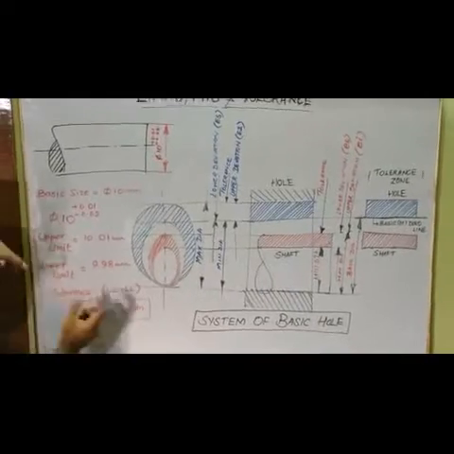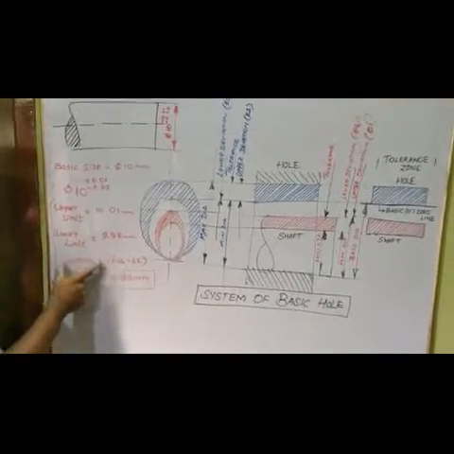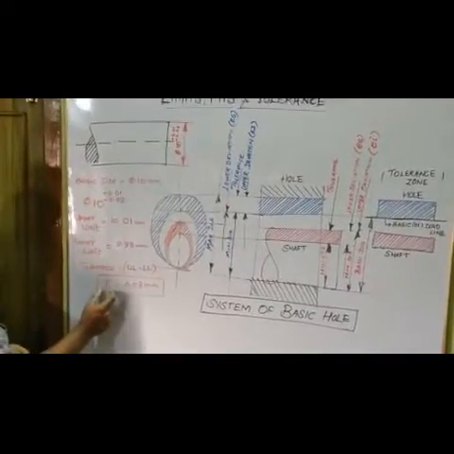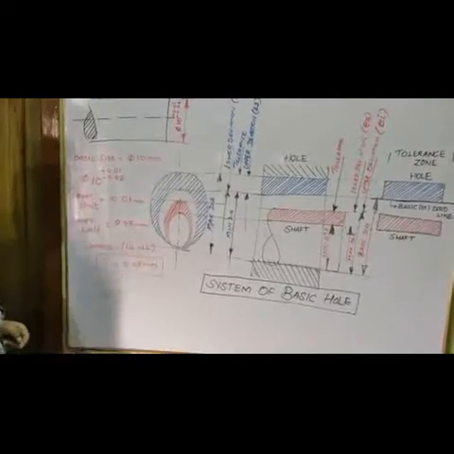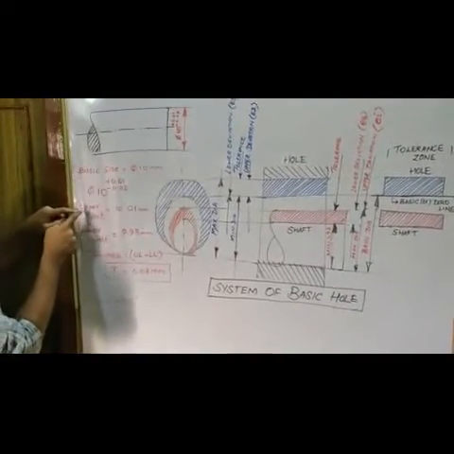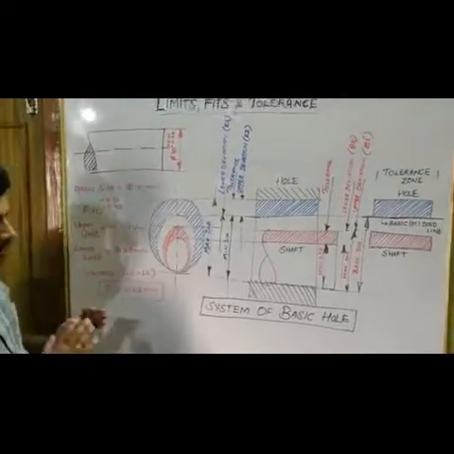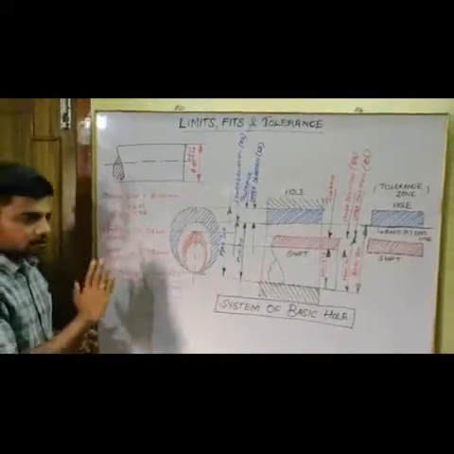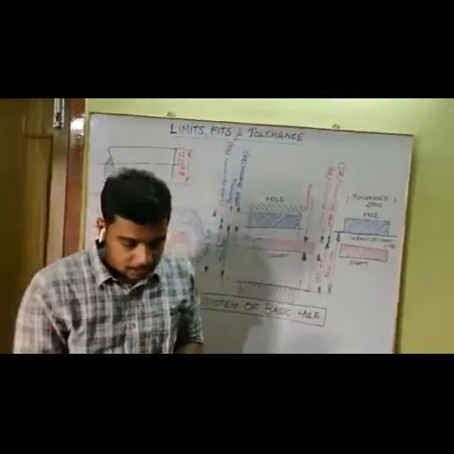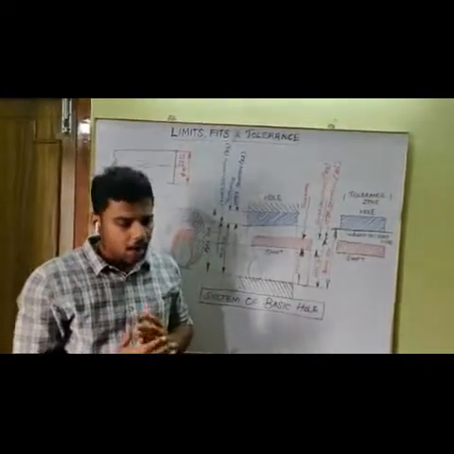So this is your lower limit and this is your upper limit. The difference between this upper limit and lower limit is called tolerance. So for this, the tolerance will be 0.03 mm. These upper and lower values are called your limits, right? So these are all some factors about tolerance and limit. So what do you mean by upper or minimum limit?